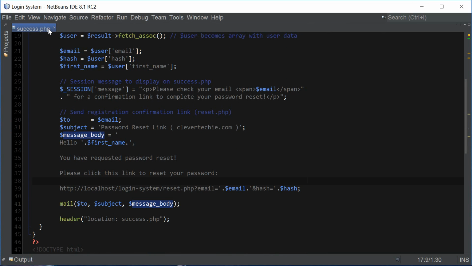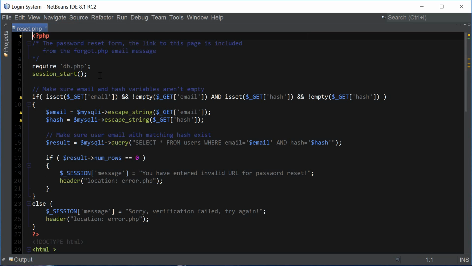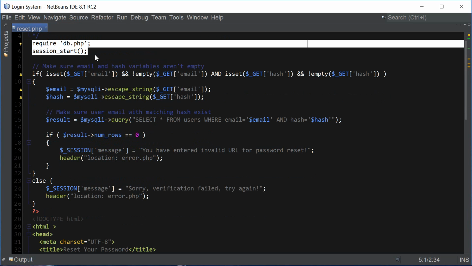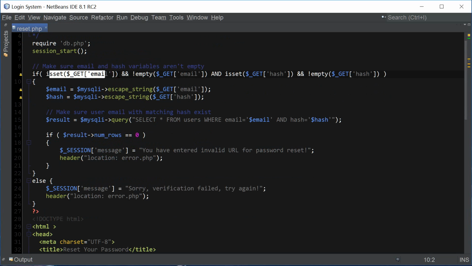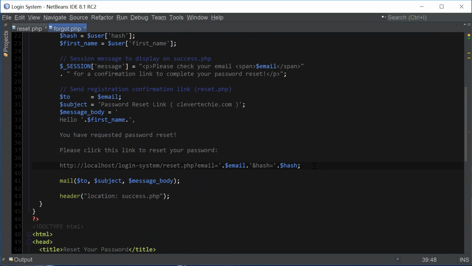Now let's look at reset. Let's see what happens on the reset page. Okay, again, we require the database. We start the session, and then we make sure that the email and hash variables are set, because if they're not set, then something is not right. Okay, so once we make sure that those two variables are in fact set, and these variables are being set right here in this part of the URL,